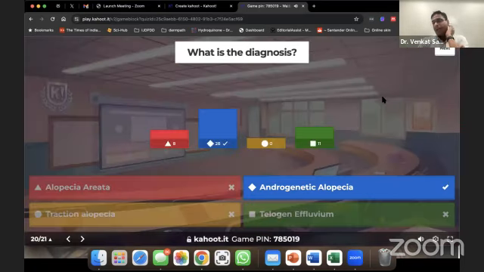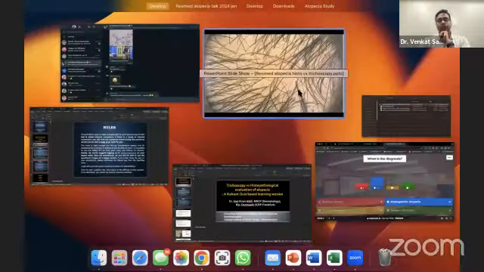Most of you have got it right. If I had said fibrosing alopecia in a pattern distribution, you would have been in a soup because you cannot differentiate between these on trichoscopy. You can only differentiate them histologically. But these are all typical features of